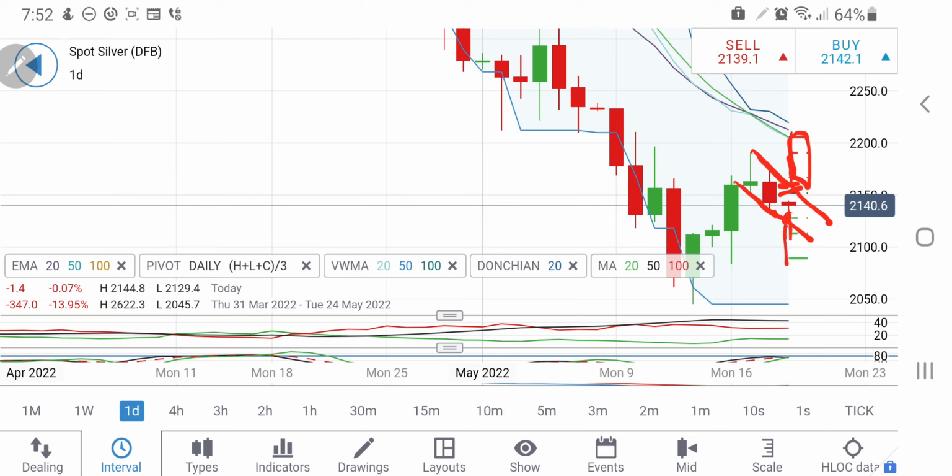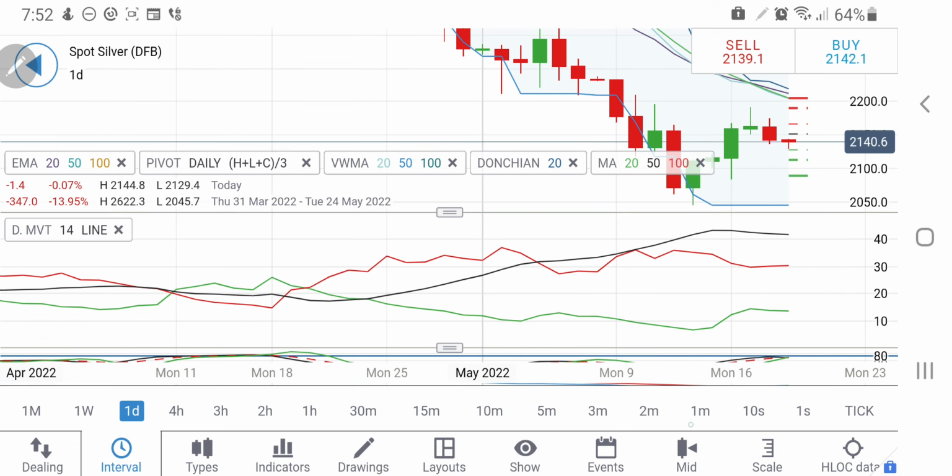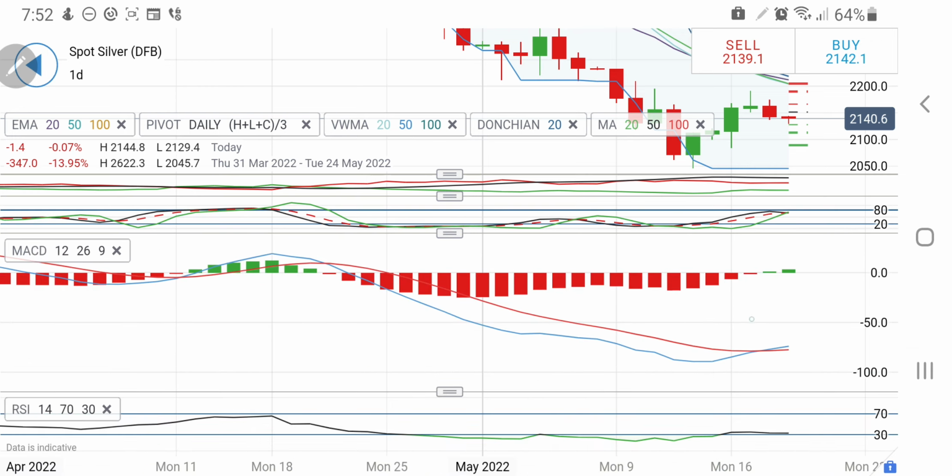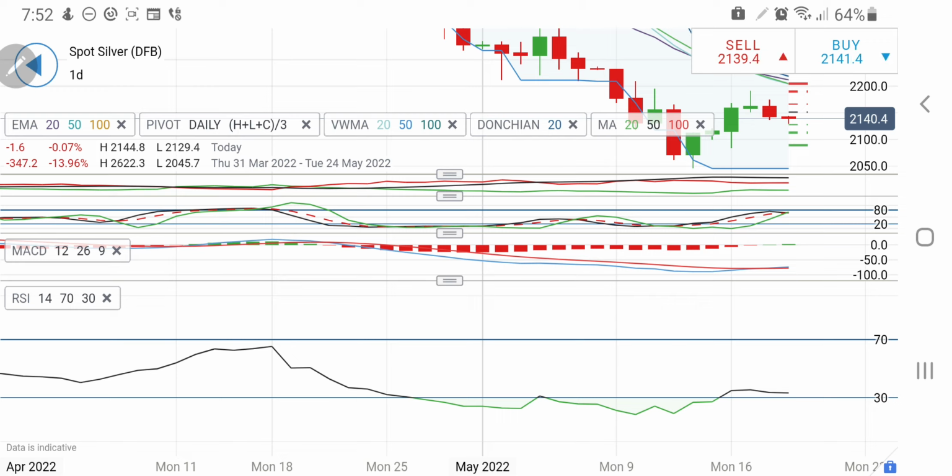On the downside, the support here is at around 2130, 2125 levels. If it breaks this, we can expect a sharper drop and a red candle may appear, which will try to take it towards 2100 and below levels. The directional movement is still bearish, and the stochastic is on the verge of a crossover again on the downside. MACD has just crossed over, this is just the second green candle, and it is trading with very little divergence, rather almost parallel. The RSI has just come out of the oversold zone and has seen a little bounce back.